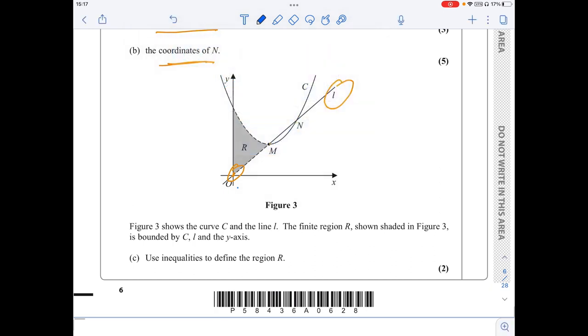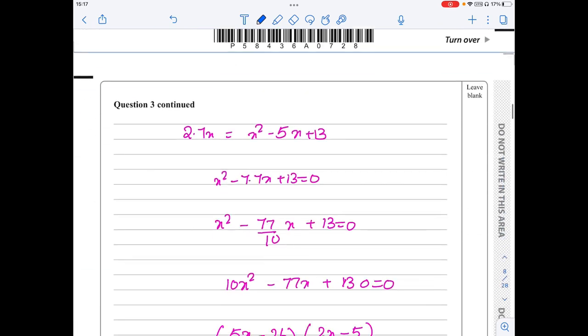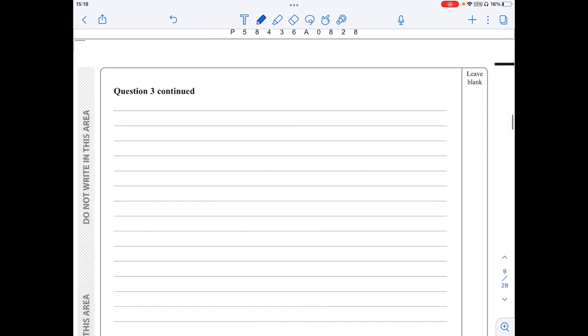Figure 3 shows a curve C and the line L. The finite region R shaded in Figure 3 is bounded by C and L and the y-axis. Use inequalities to define the region R. 2 marks. So basically 2 points. So now this region is on the left side of the curve. So therefore, if it is on the left side of the curve, it will be y is less than x squared minus 5x plus 13,